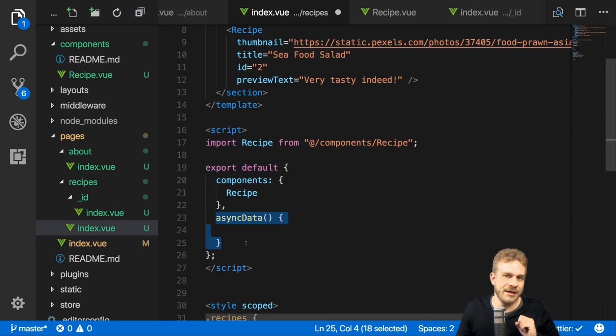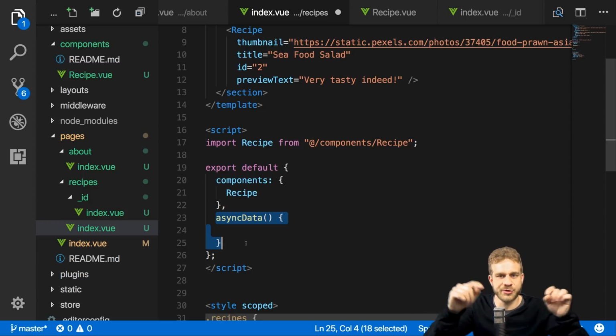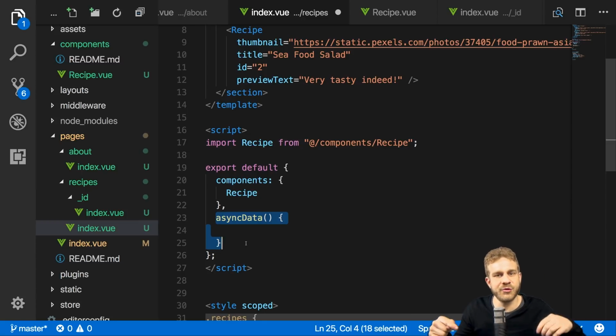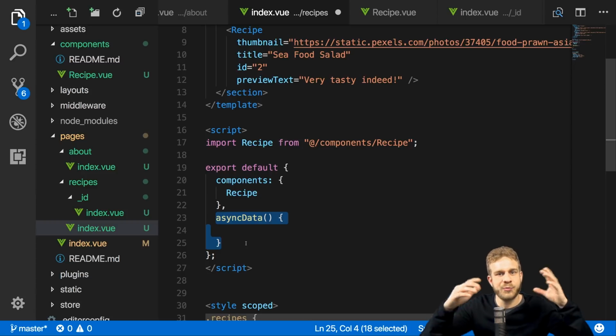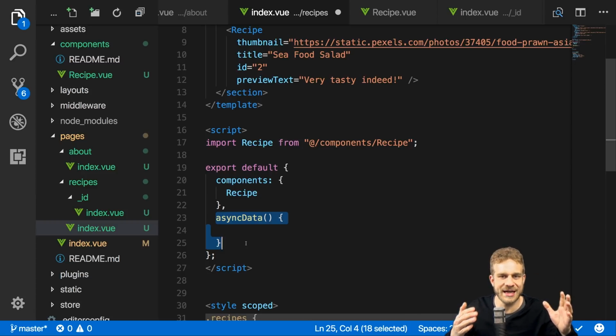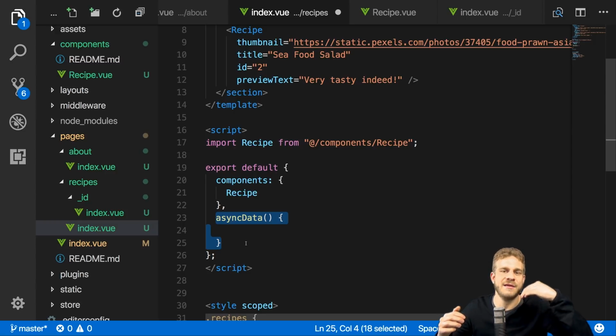But async data is actually executed on the server as well. So if you're in single page mode and you're clicking around, it's executed with each click on the client. But if you're sending a request for a page for the first time, as explained at the beginning of this video, then you will actually execute the code on the server to fetch all the data which needs to be rendered on the page in advance on the server before returning the page,